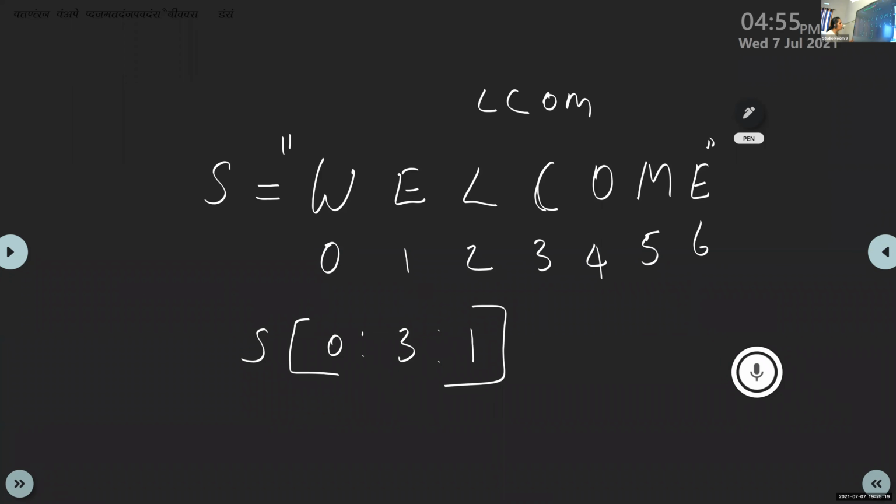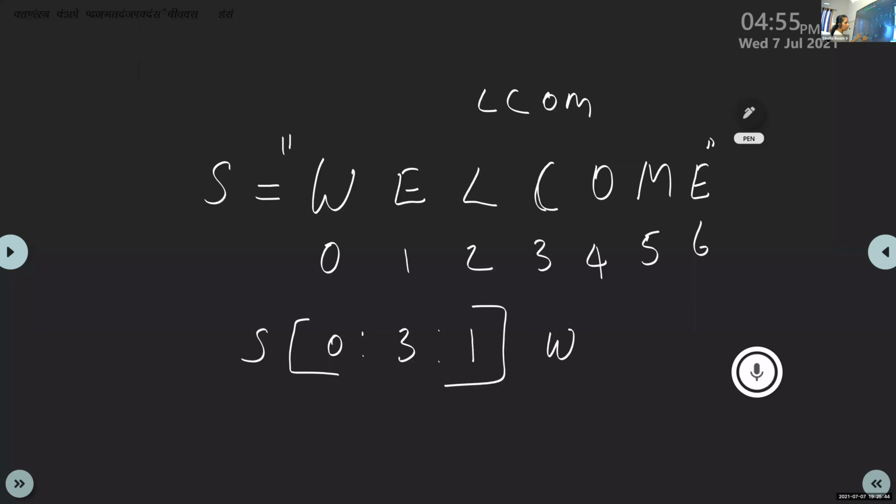So 0. What is the character based on this 0? It is W. Correct? So it is W. After writing W, we use this incrementation value. The first value is 0, and with this 0 we add this value. So 0 plus 1, what is 0 plus 1?